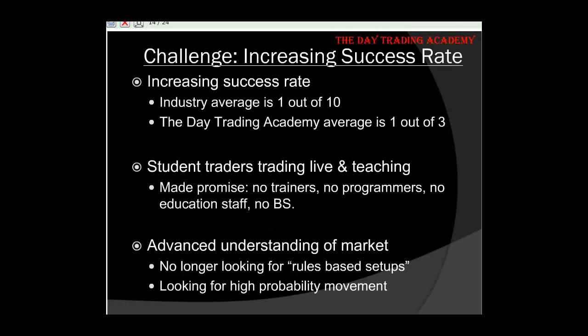So increasing our success rate. When these traders convinced me to start teaching again, I felt the responsibility to make sure that they were going to be successful. And what I wanted to do is get rid of the mess, and try to explain things in a way that it's not about rules for trades. It's not about a checklist that you look for trades. It's about really being able to understand expected outcome and understand the direction that the market is going to, both immediate and overall. And what I was able to do was select 6 guys.